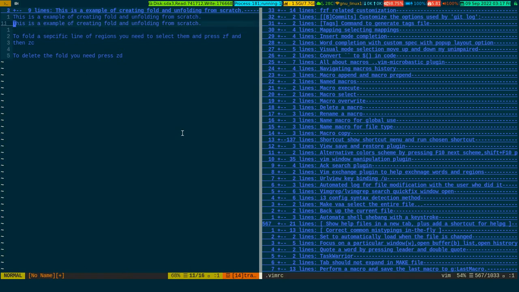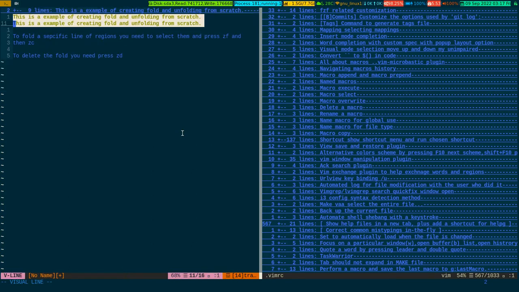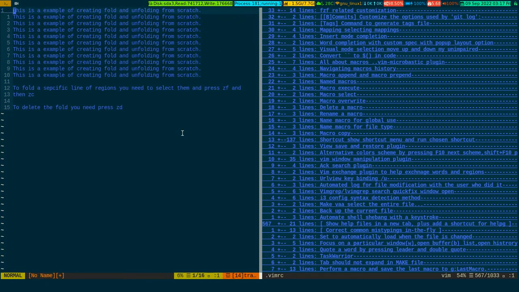So if I wanted to add, I need Z and O to open. Okay, so basically I'm trying to show you how you can fold and unfold it. Okay, so what I generally do, if I wanted to add a section to an existing fold,